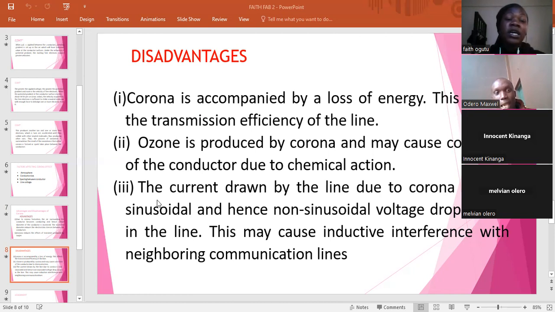Just to explain this point, point number 3 is narrowed down to corona leading to interference in the communication line due to the non-sinusoidal form of the waveform. The second one is due to the ozone produced. It leads to chemical corrosion of the conductor. And then the third one is power loss. Corona always leads to power loss because when the size of the conductor is increased due to the ionization of the air around it, that means the resistance of that particular conductor is increased. When the resistance is increased, that means the current is reduced. And in turn,